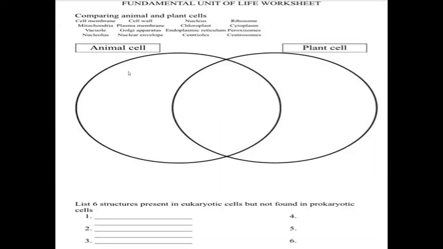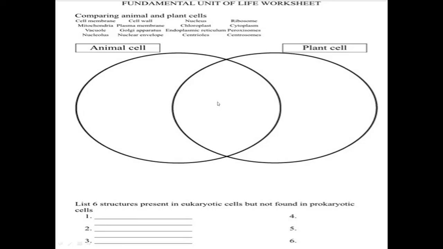Here is a homework, children. Please go through this worksheet and do the given homework. Compare animal cell and plant cell. Go through the video and learn the concept, read the textbook, learn the concept of plant cell and animal cell and different organelles. You have to arrange all the organelles found in animal cell in this diagram, and what you find in plant cell on this side, and the organelles present in both animal cell and plant cell, common to both, you have to write in the center like a Venn diagram.